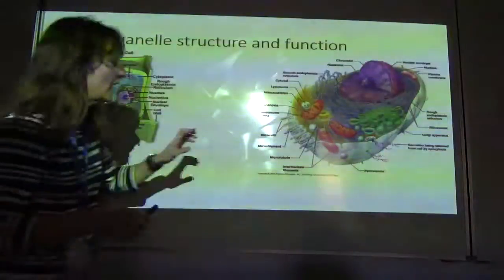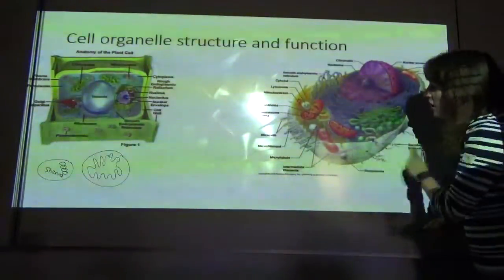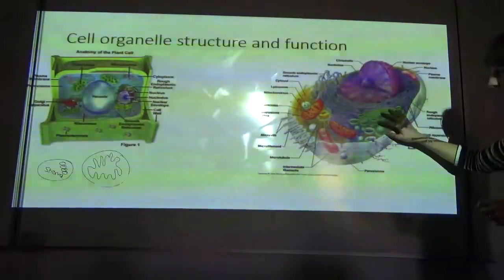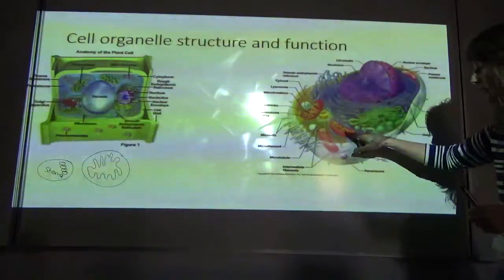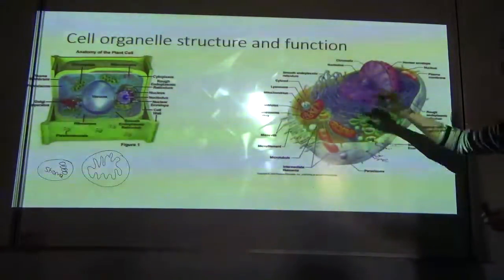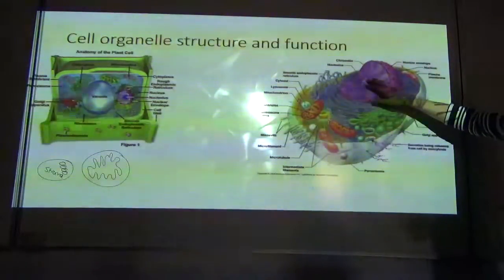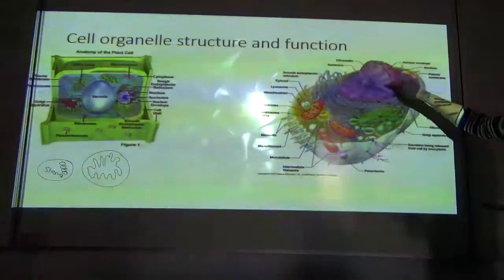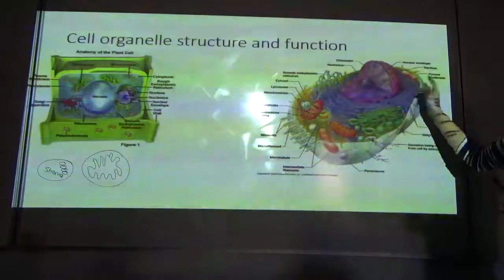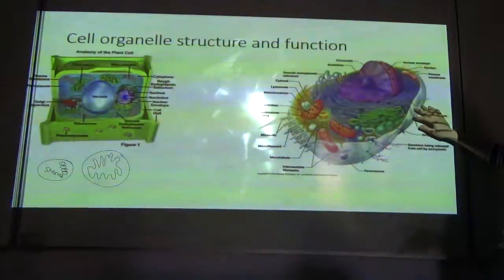Okay, if we then look at the animal cell in contrast to the plant cell, you can see that there is no wall, there is no permanent vacuole. We have a Golgi for processing and packaging, we have a mitochondrion for aerobic respiration, we have also smooth endoplasmic reticulum for synthesis of lipids, nucleolus for the synthesis of ribosomes, and we have the nucleus containing the DNA material, nuclear pores for the movement of mRNA out of the nucleus, a cell surface membrane made up of phospholipids and